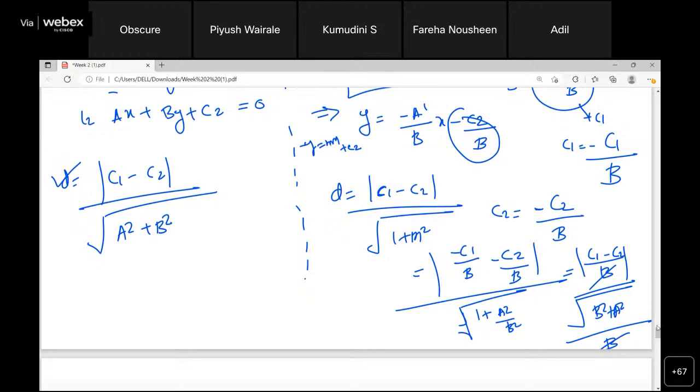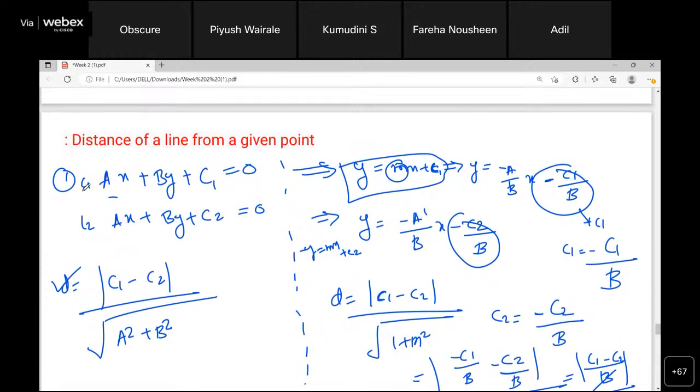Okay, got it. So if you are given this type of equation, ax plus by plus c1 and ax plus by plus c2, use this form. If you are given y equals mx plus c, then you can use this. If m is directly given to you, you can use this form also. But remember, here the coefficient of y is 1, right? Here the coefficient of y is some value b. If you want to use this formula, first convert this equation into this form, then you can apply this formula.